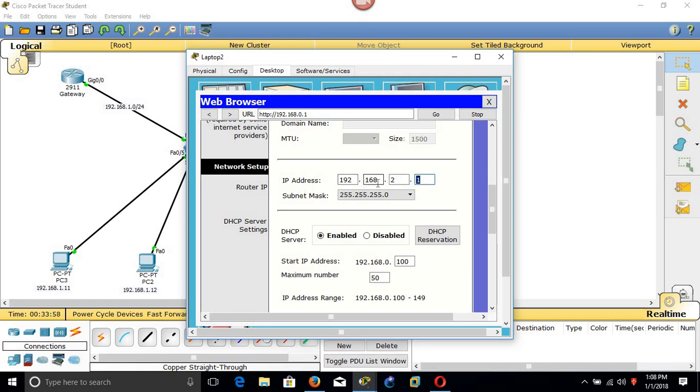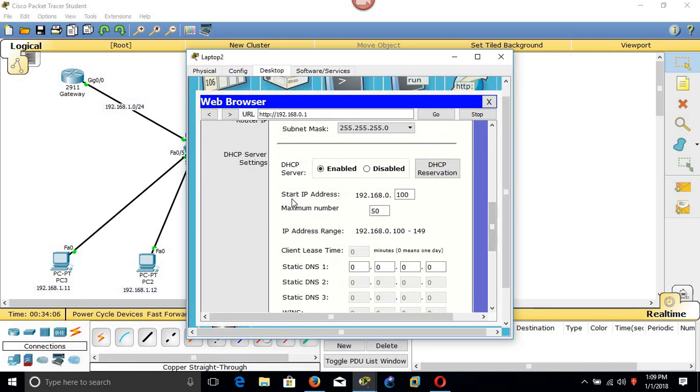Okay, IP address you can put 192.168.2.1. Subnet mask, it is 0. Okay, so here we can configure the start IP address for all the devices which will obtain the IP. Here we have to enable the DHCP so that those PCs will get IP addresses from that access point dynamically. Here we have to specify the start IP, the first IP of the device which will connect to our access point. So we can put maybe .2. This will be the first IP address.